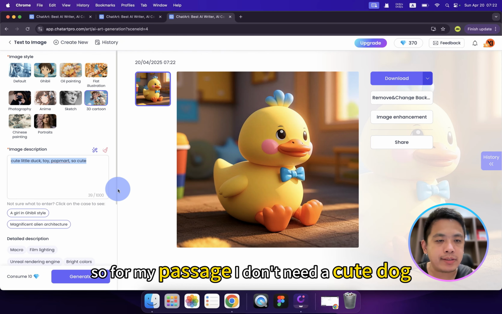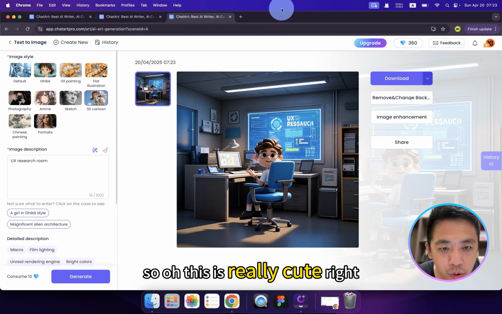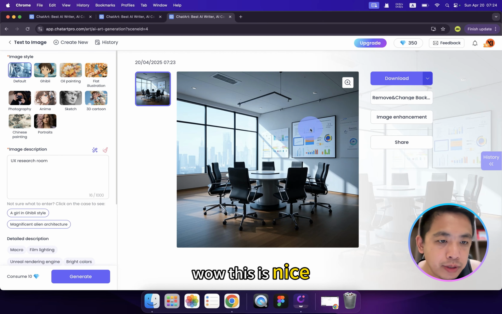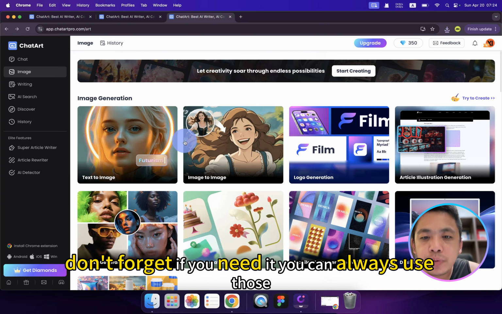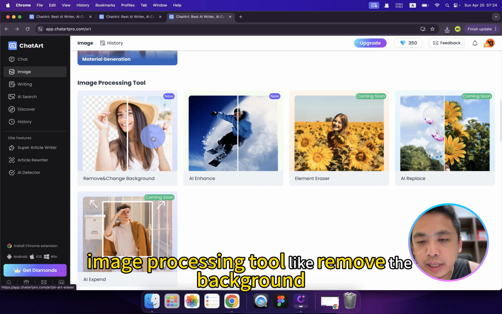So for my passage, I don't need a cute dog, but I do need a photo of UX research. So, oh, this is really cute, right? And if you want to change the style, click the default one. Wow, this is nice. Don't forget, if you need it, you can always use those image processing tool, like remove the background,